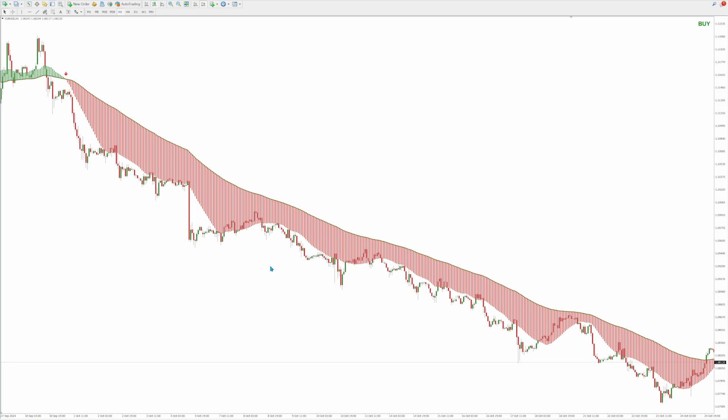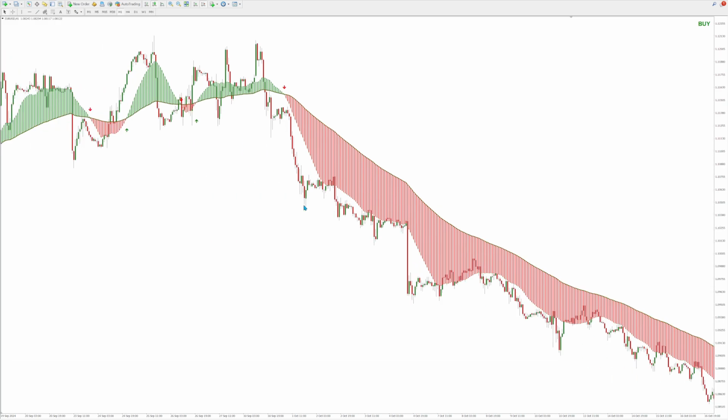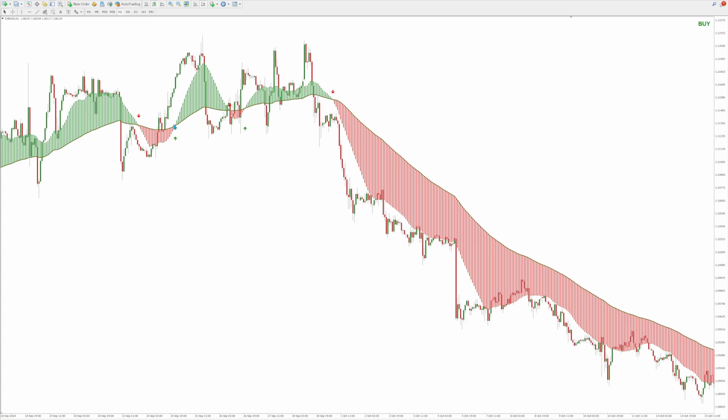Okay, so for the EMA Ribbon strategy, we're looking to trend trade. So we're going to look to capture big trends like this. What I'm not going to do is buy and sell every time it changes colors. You can see that's not a good idea. If you buy here and you sell here, you buy here, you can just get chopped in and out of